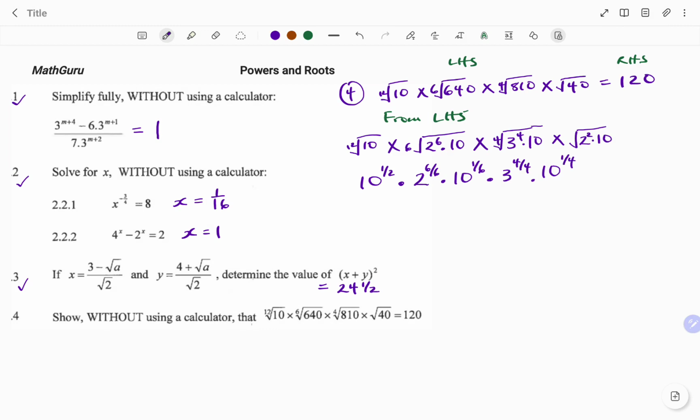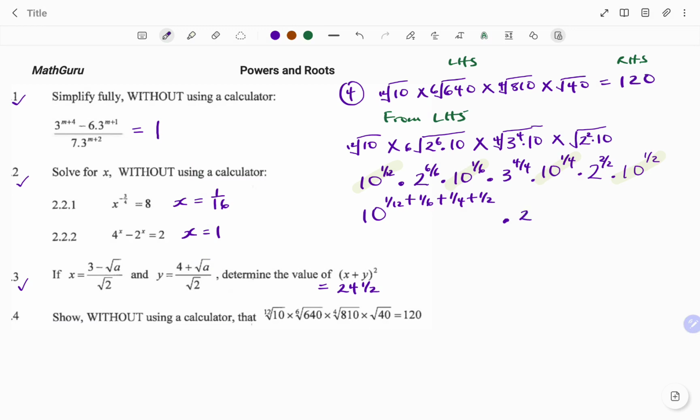So I have times 2 to the power of 2 over 2 times 10 to the power of 1 over 2. If I simplify further, I'm going to start by grouping all the terms that have a base of 10. And because the bases are the same, I'm going to add the powers, which will be 1 over 12, plus 1 over 6, plus 1 over 4, plus half,